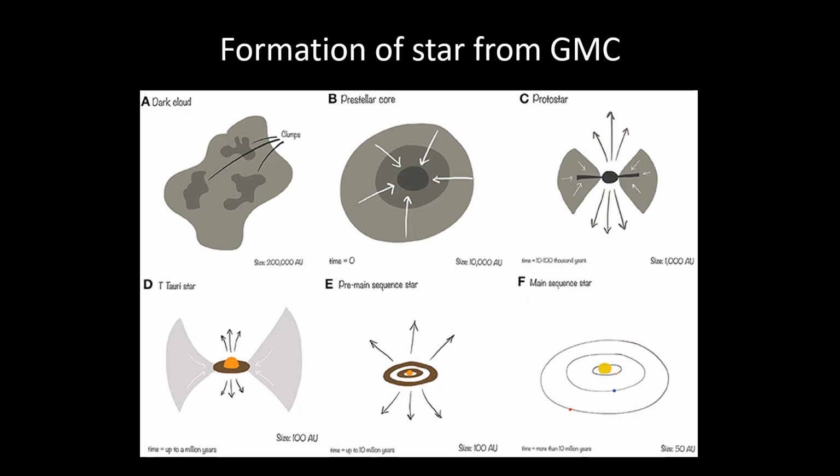Okay, so till now we know why these giant molecular clouds are gravitationally collapsing in themselves. So now we are ready to understand the process of star formation from dark cloud to main sequence star. So in this picture, there are several stages from A to F, showing how star formation occurs. In stage A, the dark cloud, which is a giant molecular cloud, has some clumps, as you can see in stage A. These clumps are due to destruction of asteroism in the molecular cloud.